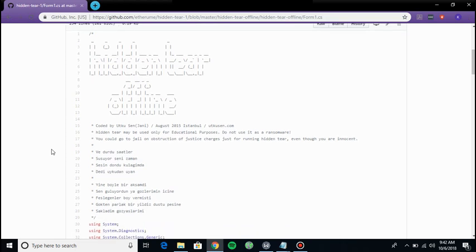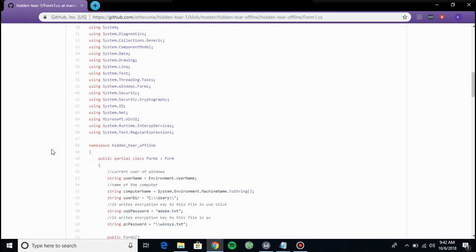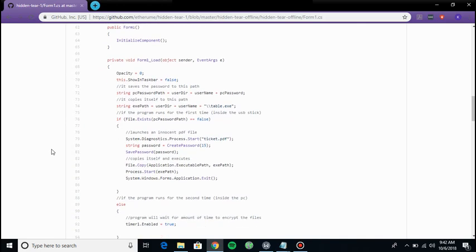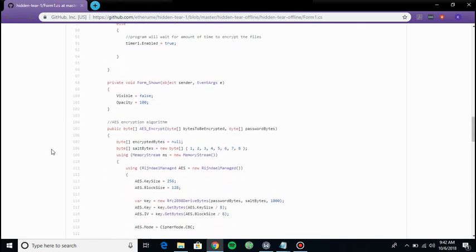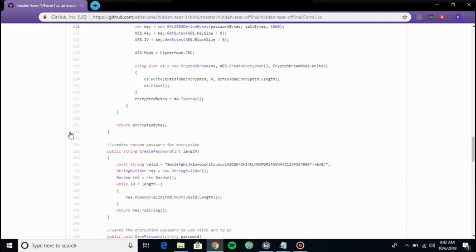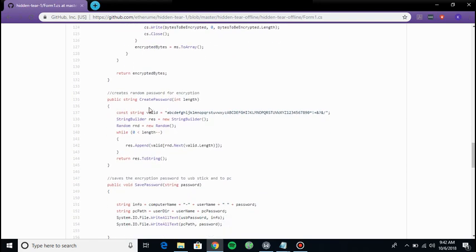So let's scroll down and actually look at some of the most important parts of the application so we can really get our heads wrapped around what's going on with these ransomware attacks. So the first part is we're using AES encryption, as you can see here. And we're going to use a 256-bit key size. And on top of that, this is where we're actually going to create our randomized password. So using this string of characters, you can manipulate this however you'd like. It's going to randomize it for a set length, and that's going to be what unencrypts all of the applications